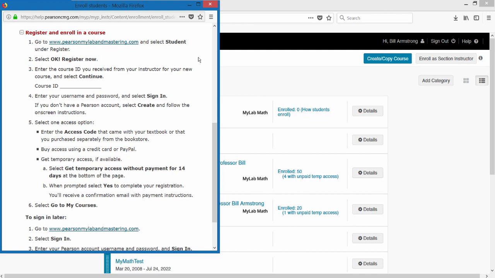And then it says you're going to enter your username and password and select sign in. Okay, that's only if you currently have an account with Pearson. Like if you've had an online class in the past that used Pearson's MyMathLab or any of the Pearson MyLab products for other courses, you would have a Pearson account. So use that username and password. If you don't have a Pearson account, you're going to select create, and so you're going to create yourself a Pearson account. So just follow the on-screen instructions. But once you have that all done,